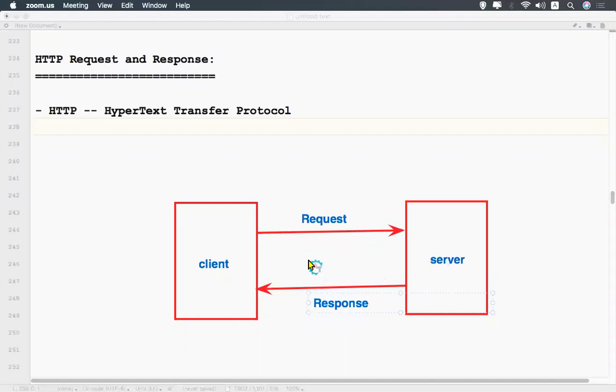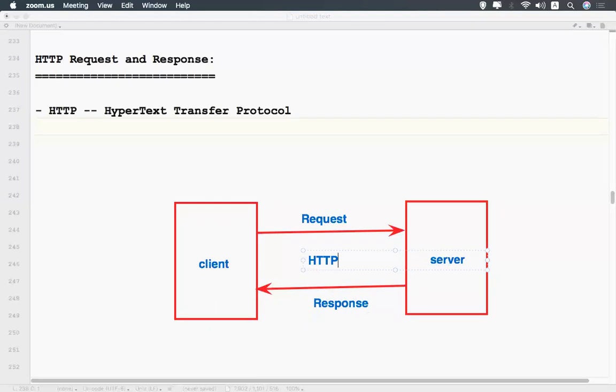A client sends a request and it will get the response. So it happens using HTTP, which means Hypertext Transfer Protocol. So this is called the request and response cycle. If it happens one time, that is called a request response cycle.